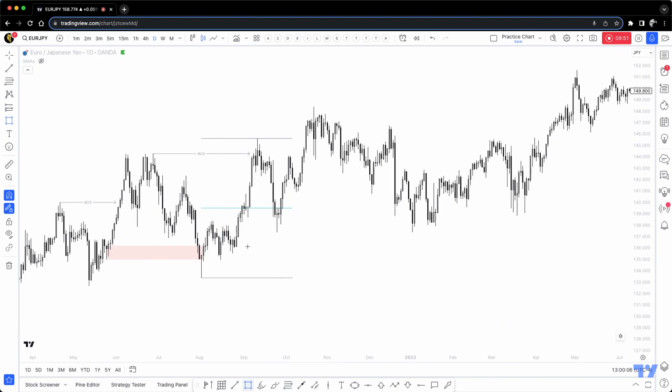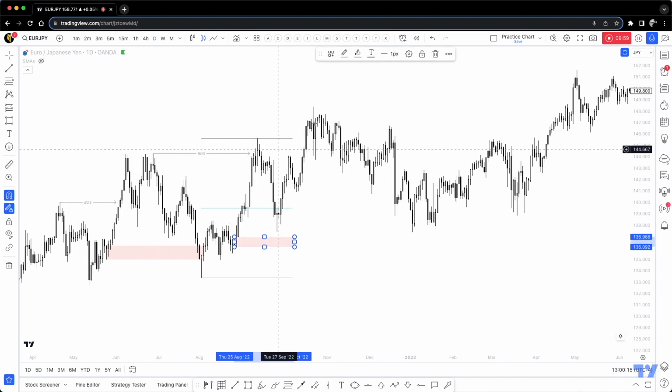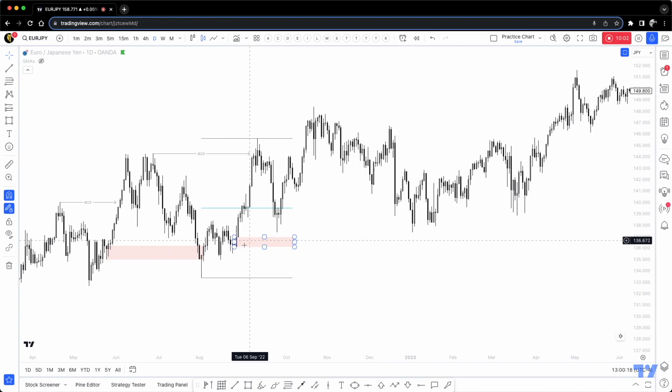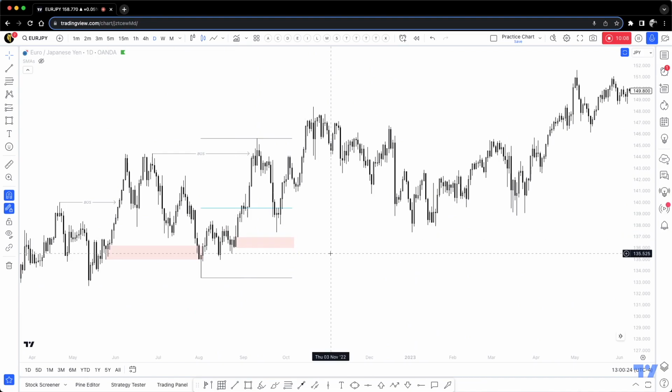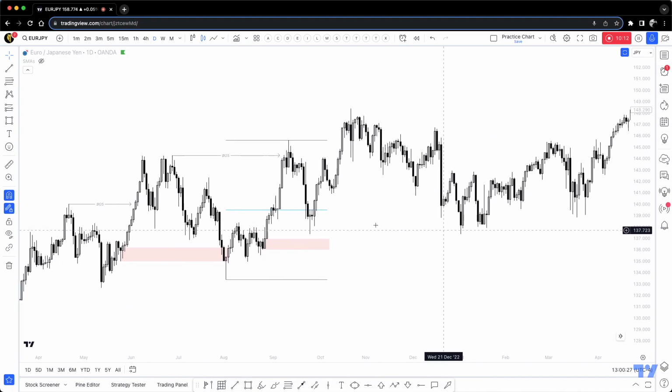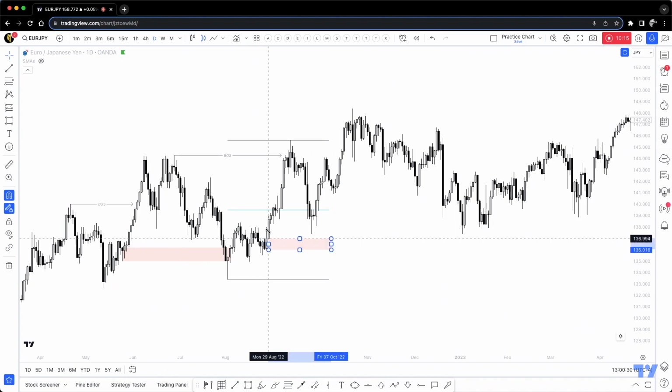Oh, but Eduardo, the market did not mitigate. Depending on how you mark your order blocks, as I mentioned, this is not a video about the actual entry. It's more about the structure. But right here, if you wanted to catch that entry, maybe that was the order block, that one right there. Or I see there's other people trying to mark it up, like this is that one. That's where the imbalance was, pretty much. So if you did it that way, fine. If you did it this way, it missed it. So it missed your entry before the price went up and hit the actual TP.